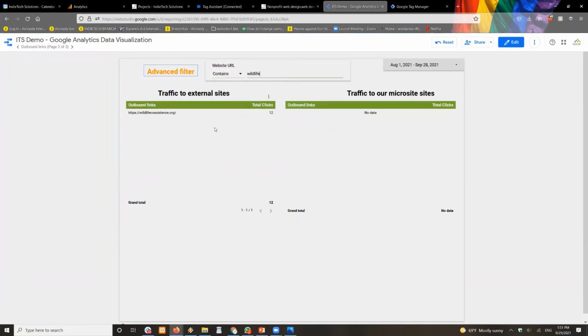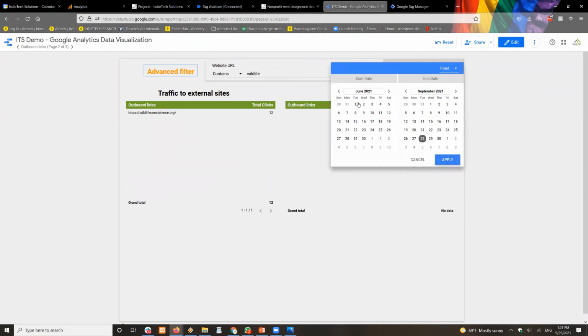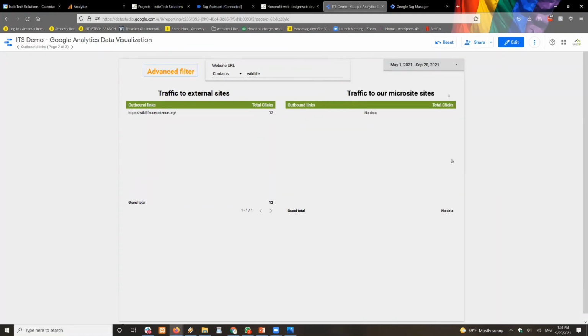That will filter on the fly all of the data for you, and it's super interactive. You can see how many outbound links there are to that specific URL from your websites. So you can collect everything you need and then maybe filter, or you can do both. You can do it through the tag manager as well.